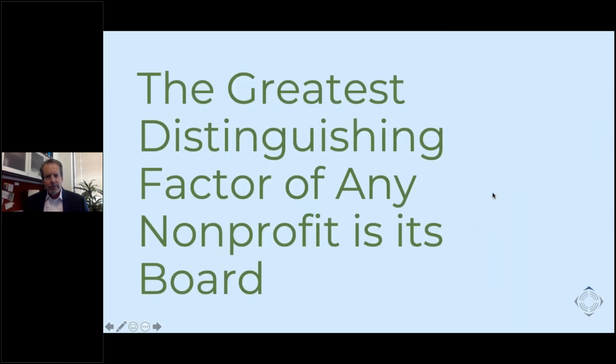Interestingly, I believe that the most distinguishing factor of any nonprofit is its board. Now, what I really mean by that is, you might think that it's your mission, and obviously your mission is what everyone has passion for, and is probably the reason for your organization's existence. But if you look at what appear to be two similar nonprofit organizations that may exist in similar settings of similar size, take a couple of homeless shelters, for instance, that may exist in the same city, maybe operating in different areas, about the same size, about the same budget, and that sort of thing. You might think on the surface that they appear to be very similar organizations.